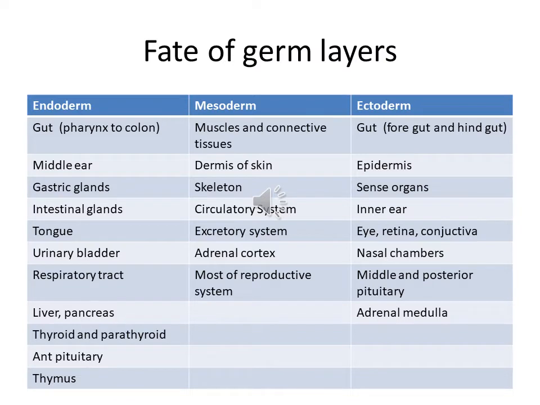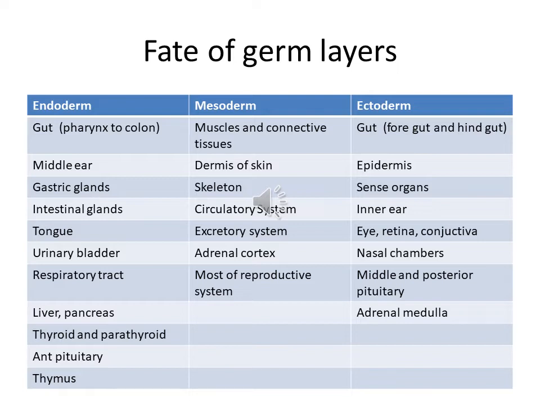Okay, now next very important part. What is the fate of these germ layers? I made a very nice table for you. Questions can come on this part, MCQs can come. Which organs or which systems will develop from these three germ layers? Already when we studied human physiology, we studied different types of systems. That time we studied which organs develop from which layer. So if you are able to recall, you can also try for that simultaneously.